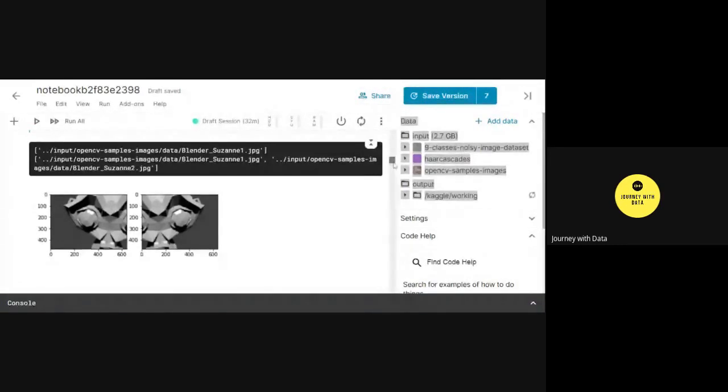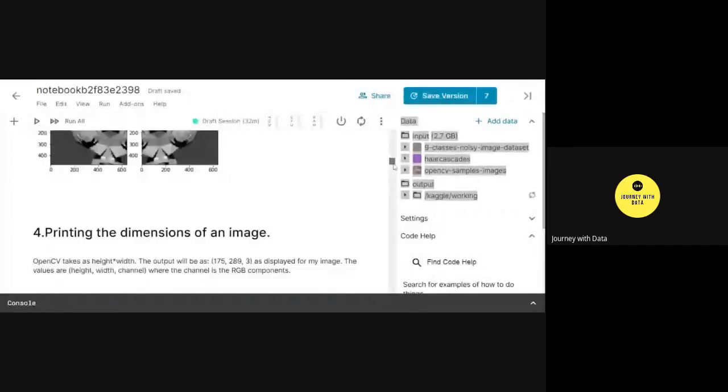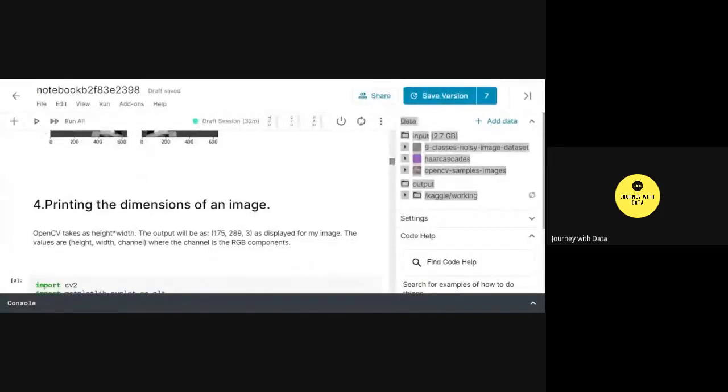Now next is talking about dimensions. Any image we talk about, whether it's a colored image or grayscale, has a dimension, because it's nothing but an array altogether. OpenCV takes the combination of height and width as the dimension. If you have a colored image, you'll notice 3 parameters.